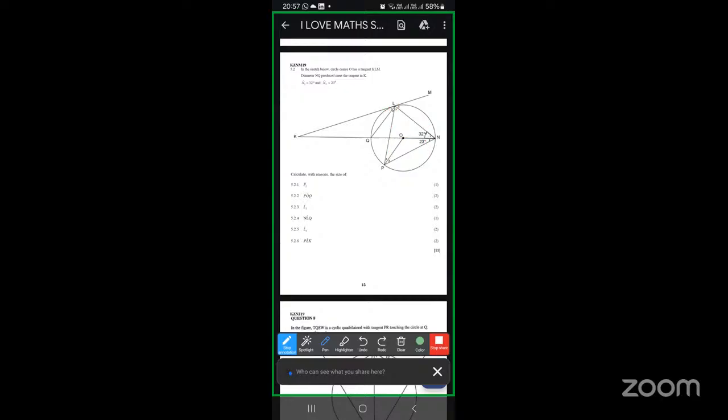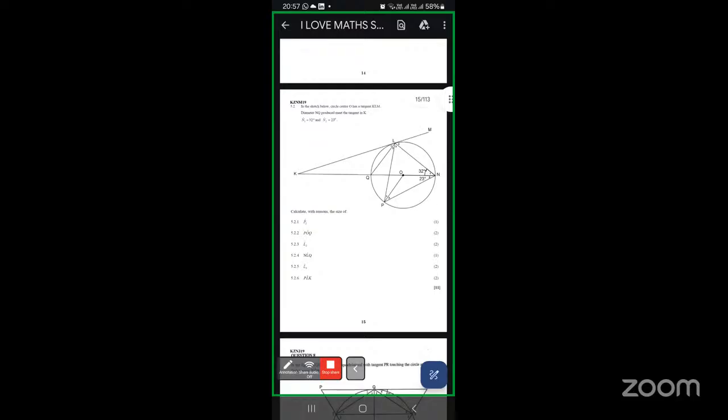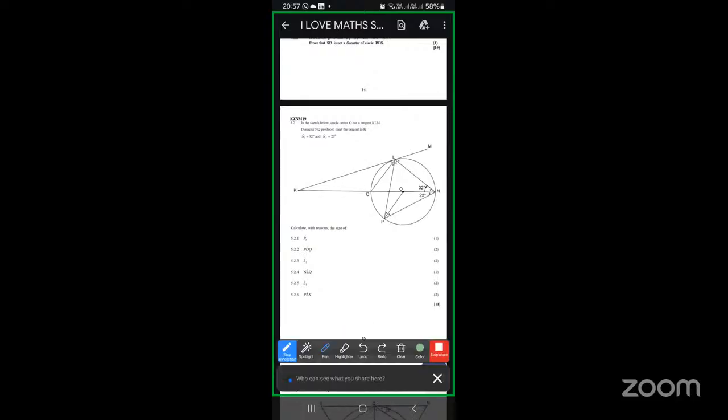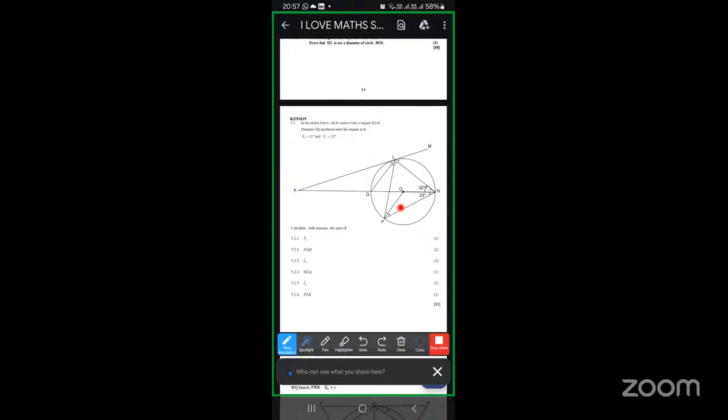Then we can go to the question and see if we are going to win. They are saying calculate, and not just calculate, but give some reasons. Why are you going to say P2 is this? So what is the size of P2? When we look on this diagram here, we already discussed something. We can see that P2 is right here, and we have said that this angle is equal to that angle. So P2 is equal to 23 degrees, reason being base angles of an isosceles triangle, or angles opposite equal sides. Then we go for